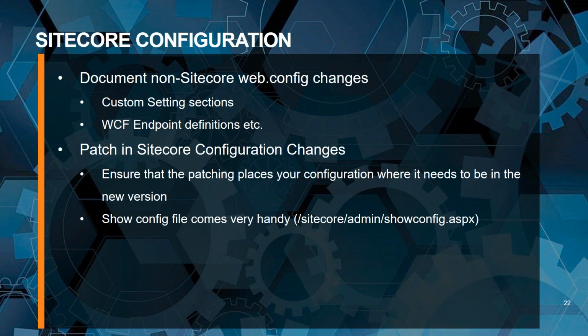I also need to mention the showconfig.aspx file, which is part of the admin tool in Sitecore. This is a very good tool to compare your production version and the vanilla version. If you see a new pipeline or a new processor added, this tool will tell you which config is adding that processor and all that information. So this is a very good utility to use during your upgrade process.